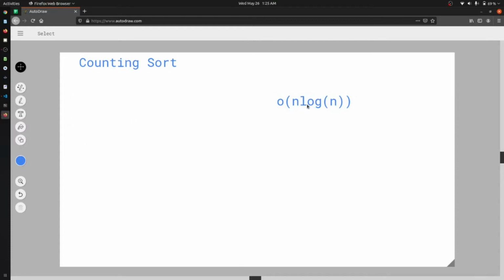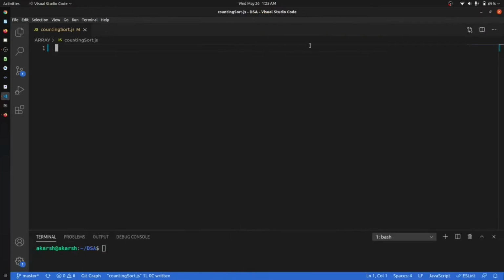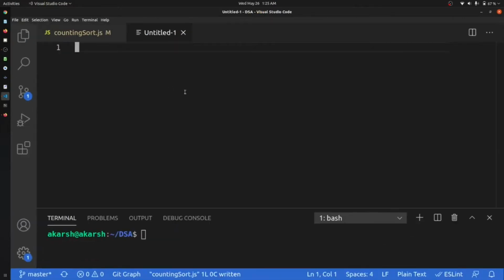Okay, so let's go to my VS Code and let me increase the size. Let's say that we have an array of 9, 8, 7, 6, 5, 4, 3, 2, 1, 0.